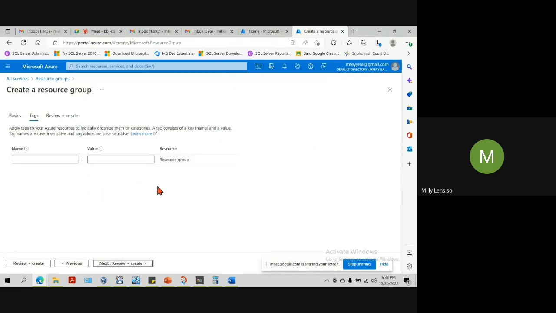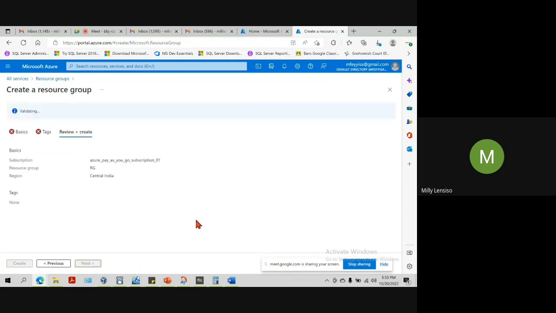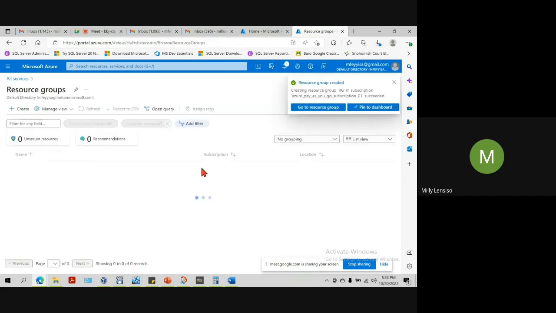Here tags are not that important, just click next. The first thing you see is the screen saying validation passed, which means everything is good to go. So we click create. So our resource group, which is like a container of everything that we are about to create, is gonna be